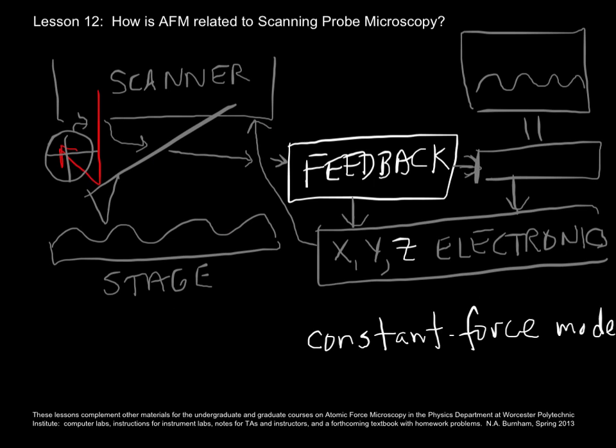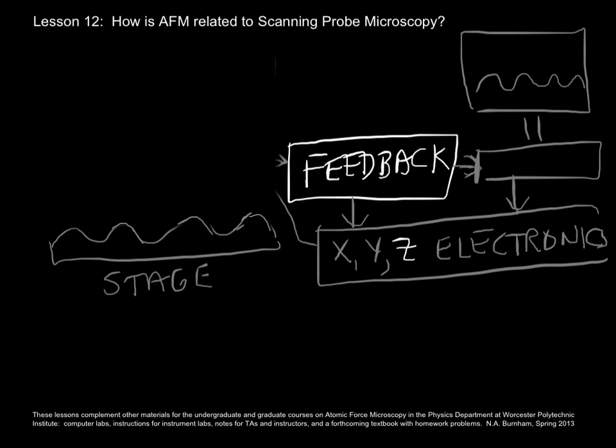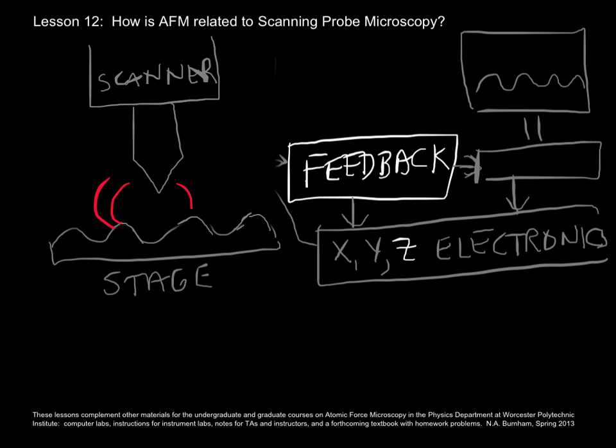Here's another slide from Lesson 4. This is constant force mode in AFM. And to turn this into a sketch of a generic scanning probe microscope, all we need to do is again, take out the scanner, photodiode, and cantilever, put the sketch of the scanner back in, have a sharp probe that's in proximity to the sample surface,